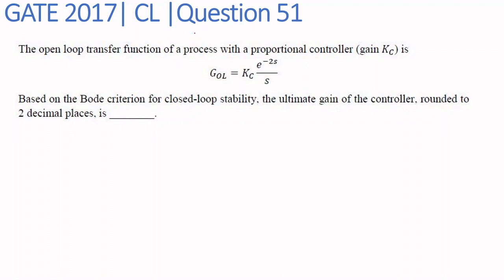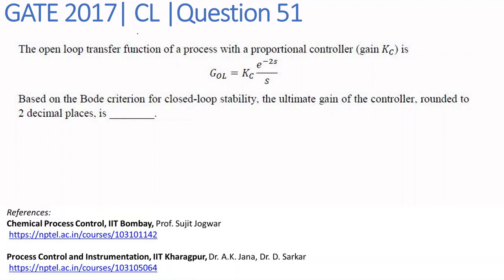We are solving question number 51 of GATE 2017 chemical engineering paper, and the subject is process control and instrumentation. The question is, the open loop transfer function of a process with a proportional controller of gain Kc is given by GOL is equal to Kc into e raised to minus 2s upon s. Based on the Bode criterion for closed loop stability, the ultimate gain of controller rounded to 2 decimal places is